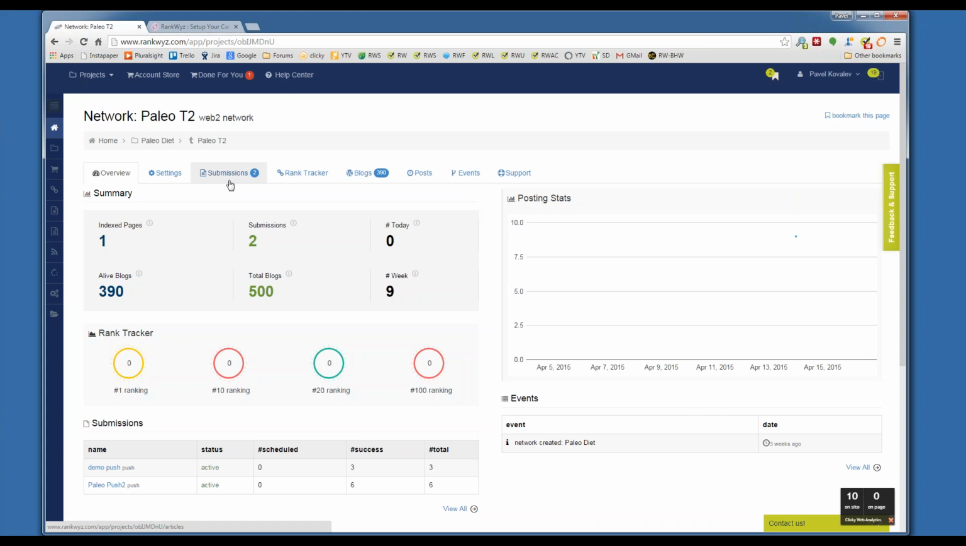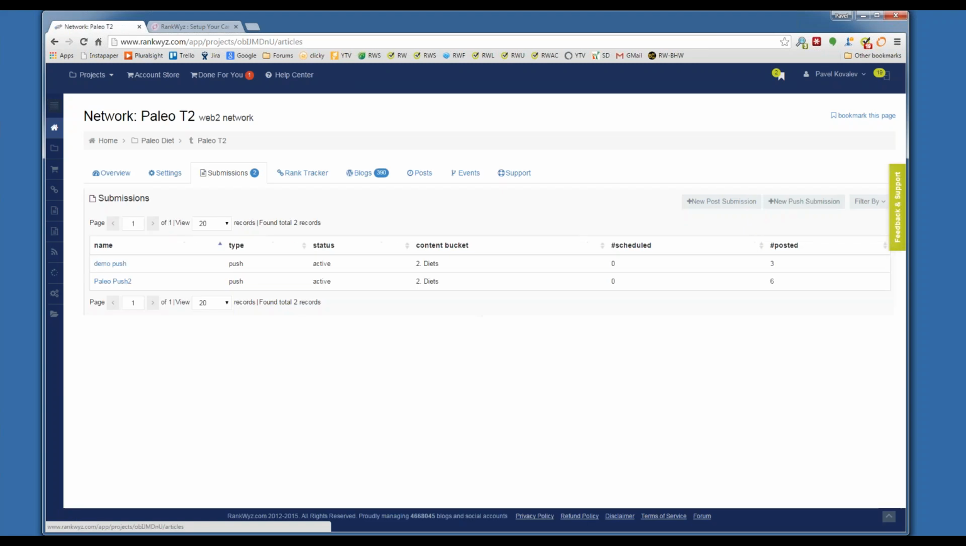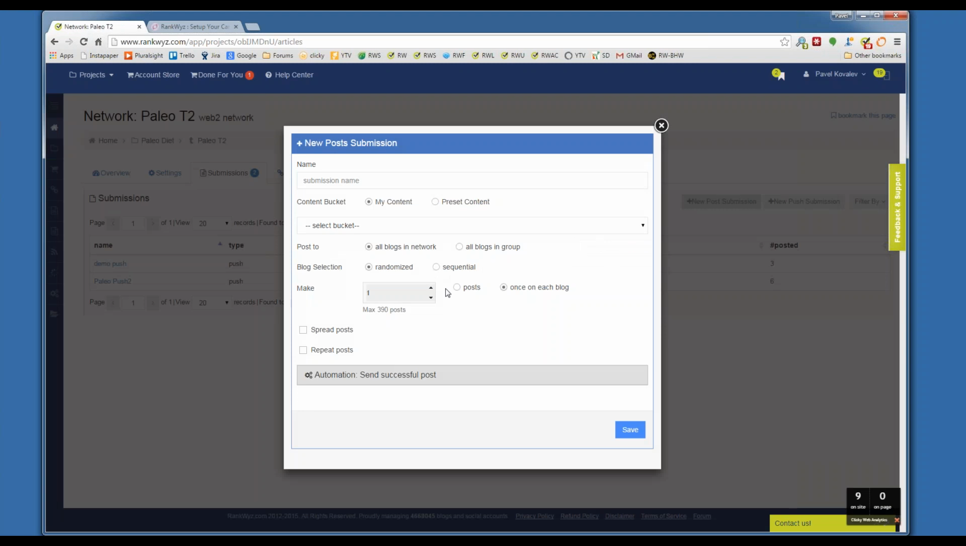So now, unlike the old approach where you always start a submission, go through 40 tabs and set up everything, enter your keywords, enter your links and so on, you go to the submissions and click create submission from a pretty straightforward interface, because everything else is outside of this configuration. I'll give it a name, I select the content I want to post, and